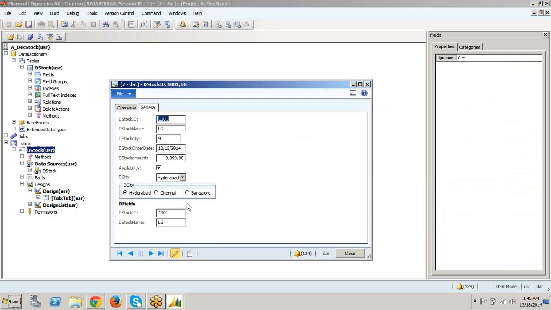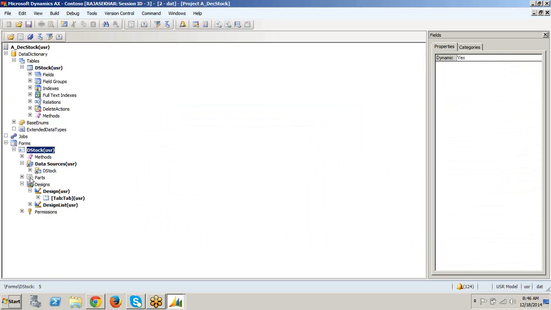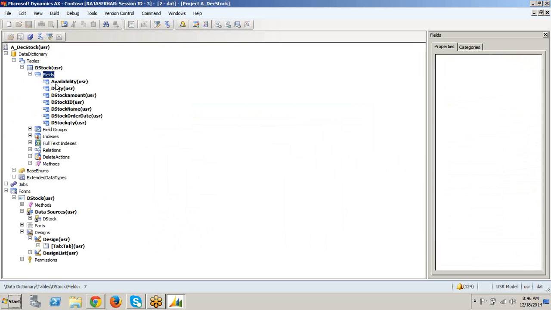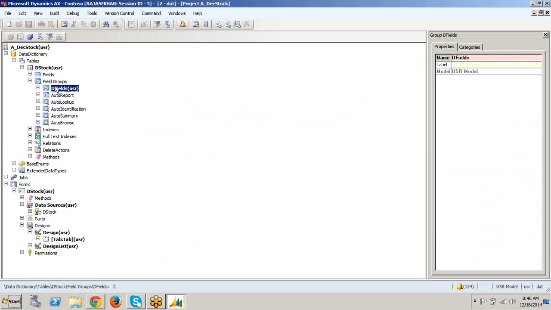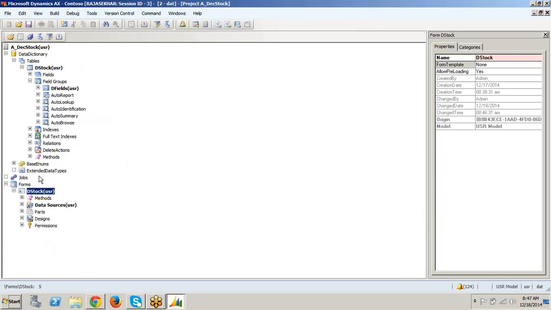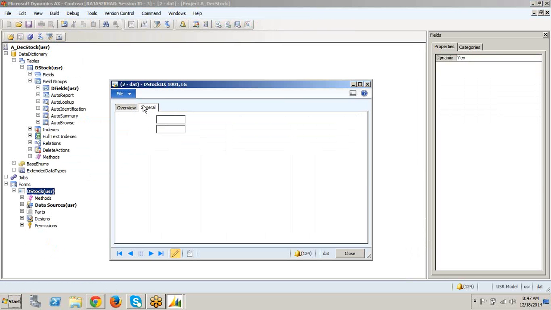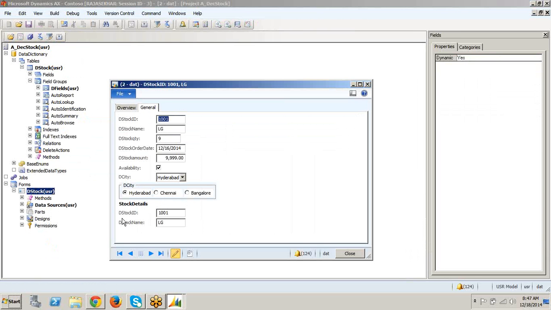If you want to give a label for the group, you can give the label for the group also. Label, you can give it as stock details. See, this is stock details.